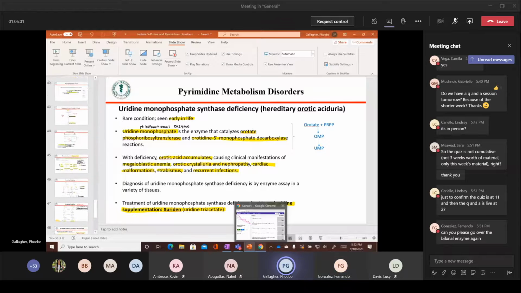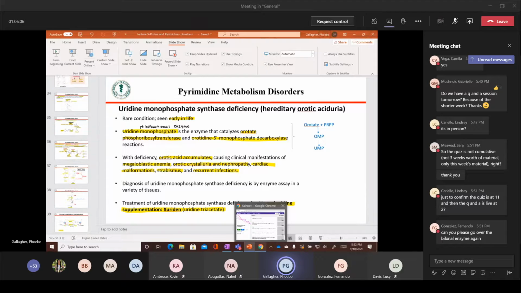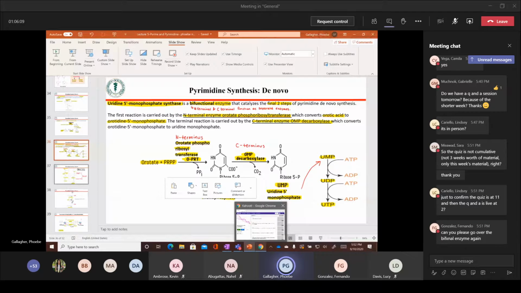Oh, okay, yeah. Hang on, let me go back to where we talked about that. I think it was here. Okay, can you see my cursor okay? Yeah. Okay. So this is the name of the enzyme as a whole. And then it has an N-terminus. So you know how a protein has an N-terminus and then the end of its polypeptide chain is the C-terminus. So at the N-terminus, it's going to be called orotate phosphoribosyl transferase, or OPRT, and that's going to